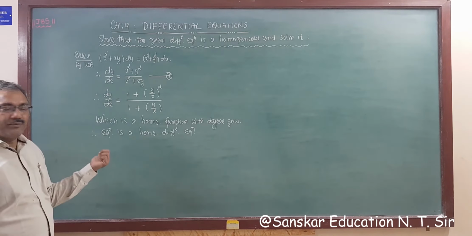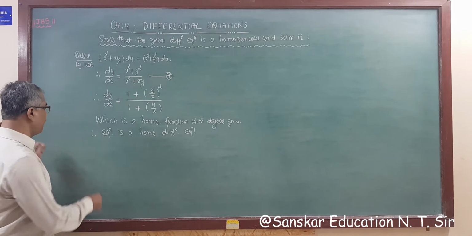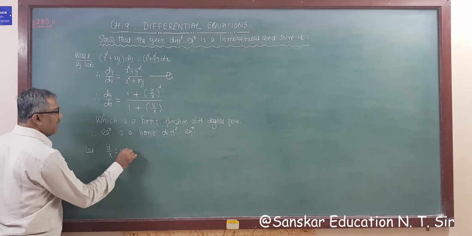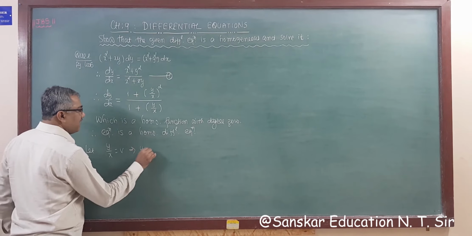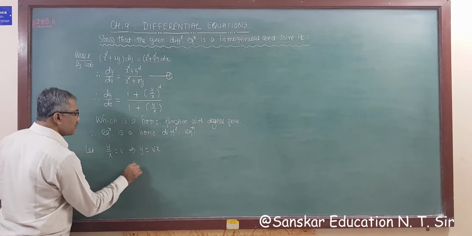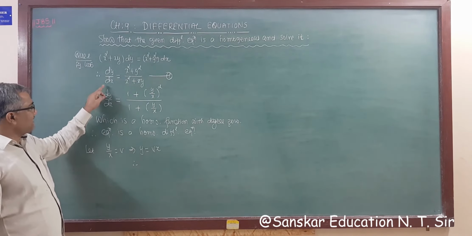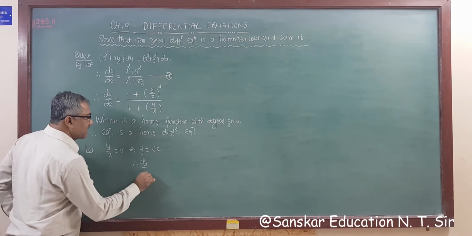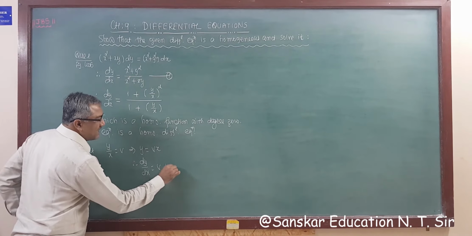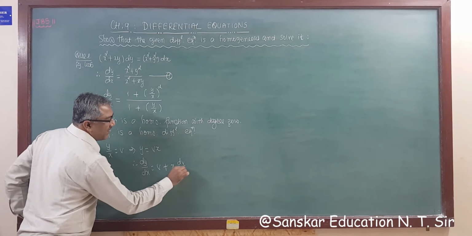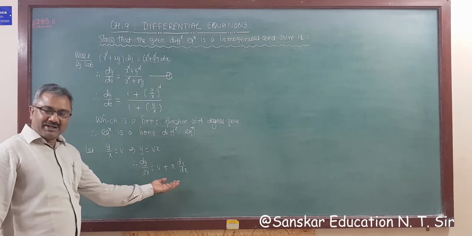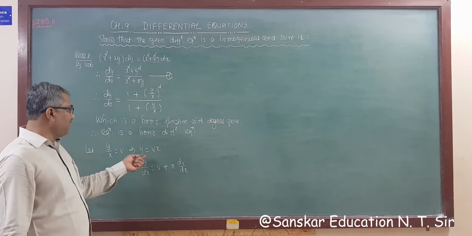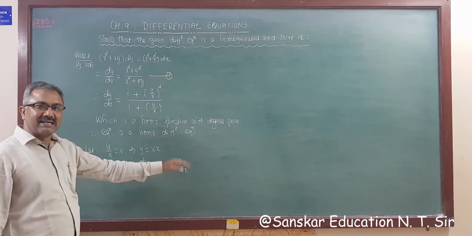So now what we have to do? We have to assume y by x is equal to v. So let y by x is equal to v. So this implies y is equal to vx. So differentiating with respect to x, because this is dy by dx, what we get? dy by dx is equal to v plus x dv by dx. Now I think there is no need to explain what we did here, you know, right? And remember this also, if we assume y by x is equal to v, then y is equal to vx, then dy by dx is v plus x dv by dx.